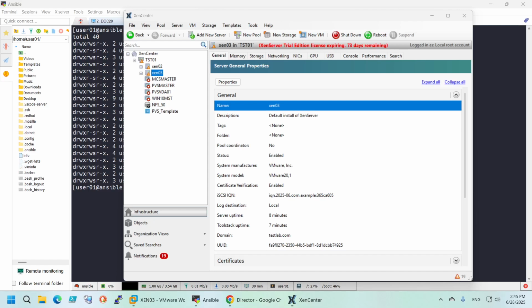Hello everyone, this will be a short video and I will show you how you can extend your trial license on your XenServer 8.4. It's very easy. Of course this is only for your home lab, because in production you will have a license. Nevertheless,